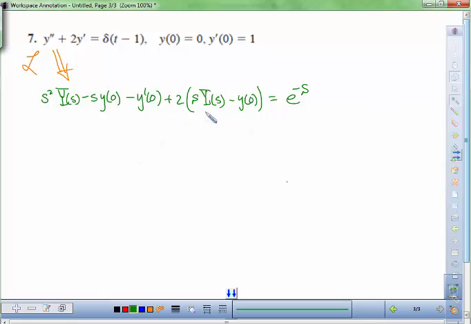And we solve for capital Y. I'm going to see if I can underline them and put that together. So we have an s squared minus 2s